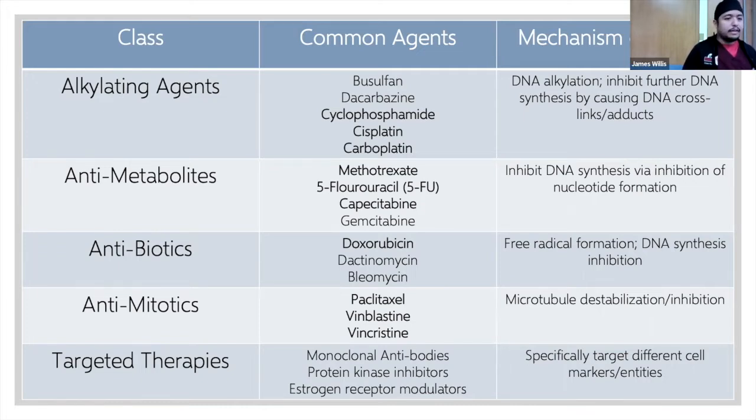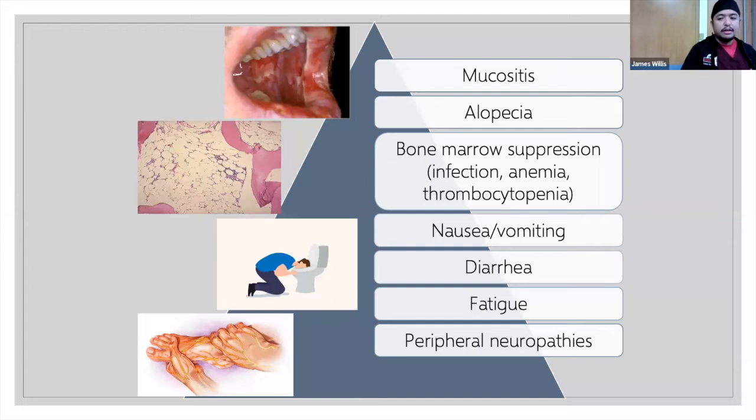Now, with a lot of these agents, like I said, most of them are going to be targeting cells with really high mitotic activity, right? So that's going to include obviously the cancer cells, but as a result, they're also going to include other cells such as intestinal epithelial cells, hair follicles, stuff like that. And this is why you get patients that will present with these common side effects, as one would say. Nausea, vomiting, mucositis is very common, especially in the early stages of someone starting chemotherapy, alopecia, as I said before,